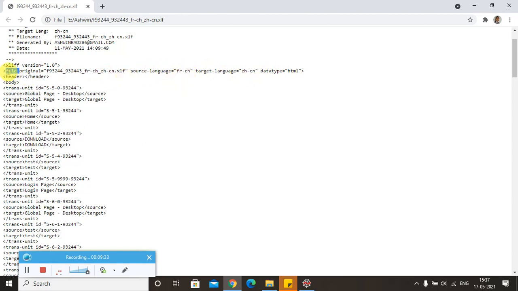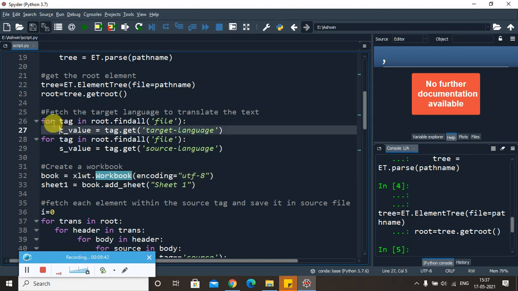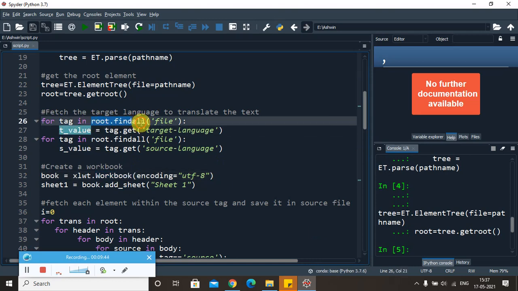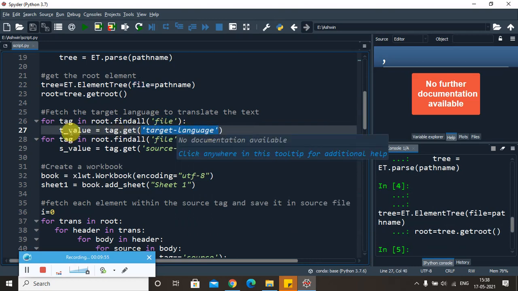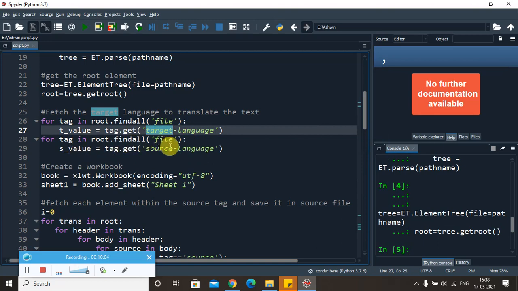For that I need to identify the file tag, in which I need to identify the source language and the target language. To make it dynamic in nature, I wrote this code here. We have to go for root.findall of file. Okay, search for this file tag, and once you search, using the get method you label that particular tag, the target language. Of course you are going to get the value which is hidden within the target language. Similarly, you do the same procedure to find the source language.